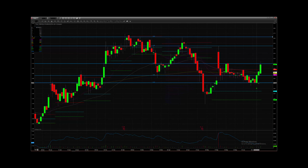But it's already put in 3 green days. Remember I said the average trends tend to last 3 to 5 days, especially when they're breakouts. Here's one right here. We have a nice breakout, lasted 3 days, flagged out sideways, it just drifted higher. Here's a little run that lasted 5 or 6 days. Here's one that lasted 1, 2, 3, 4, 5. You're going to be hard pressed to find more than 5 green days in a row on most charts,